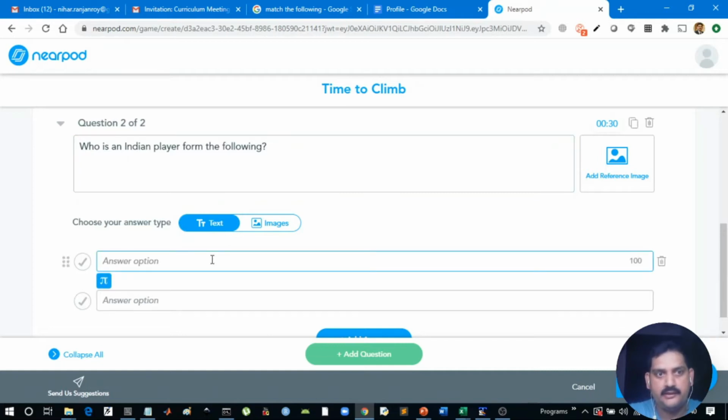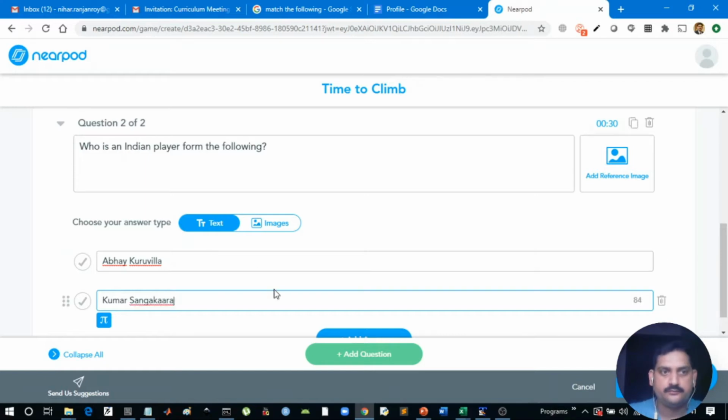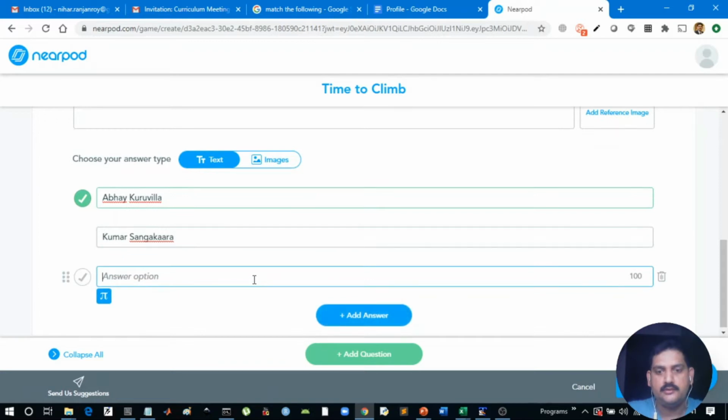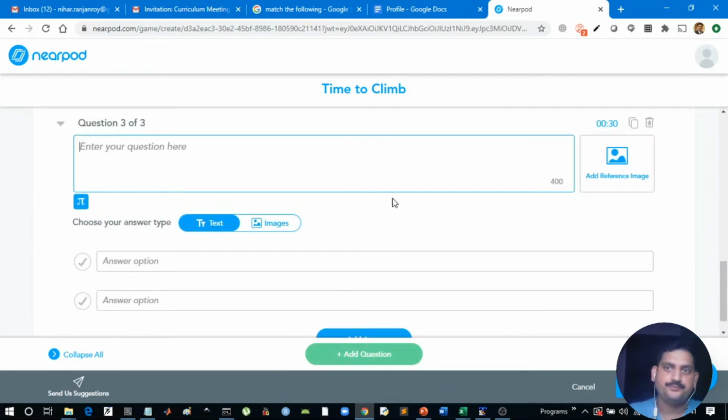Let me give some rare names. Abhay Guru Villad, I'm not sure about the spelling, Kumar Sangakkara. Let me add one more option. Abhay Guru Villad is the correct answer. So let us add it now.